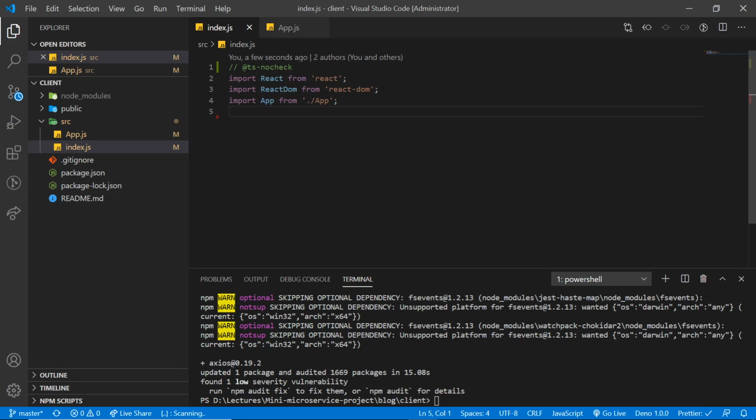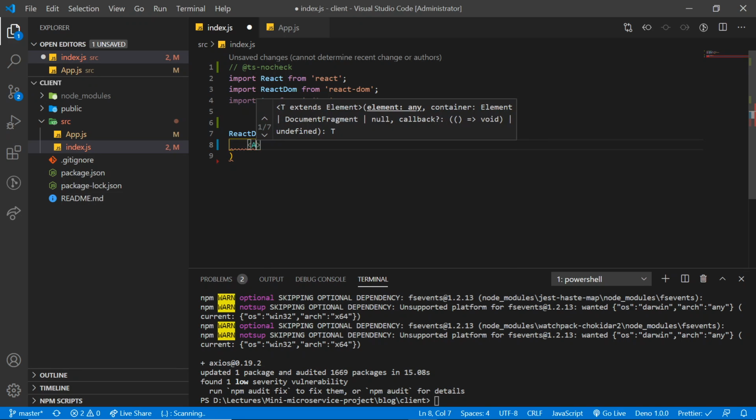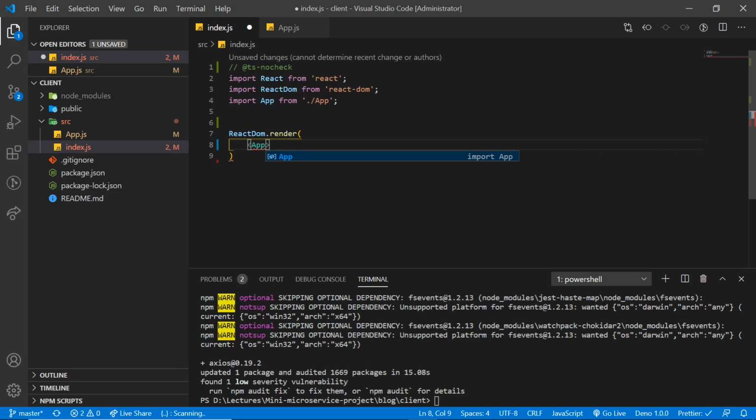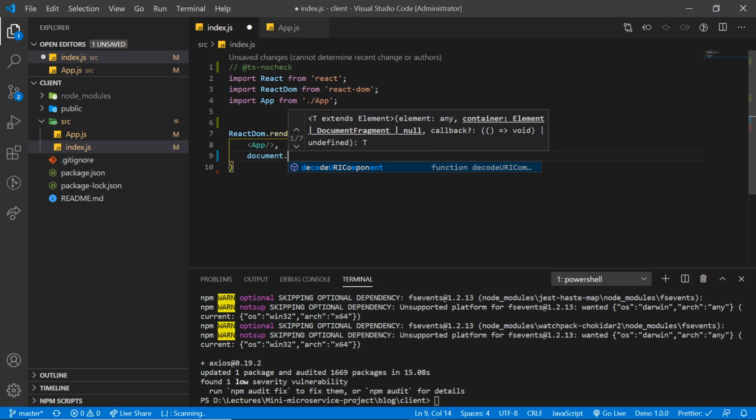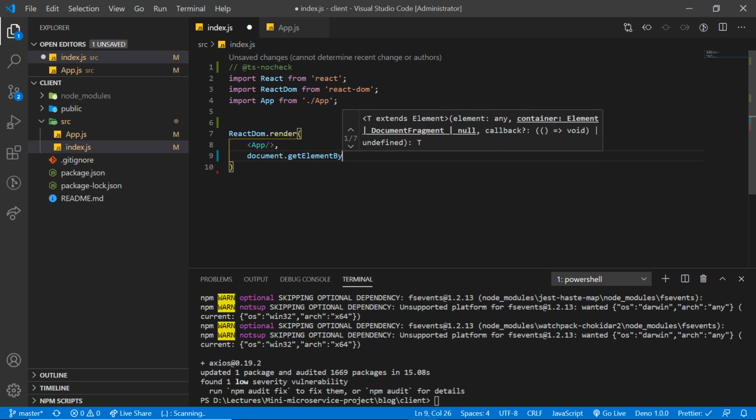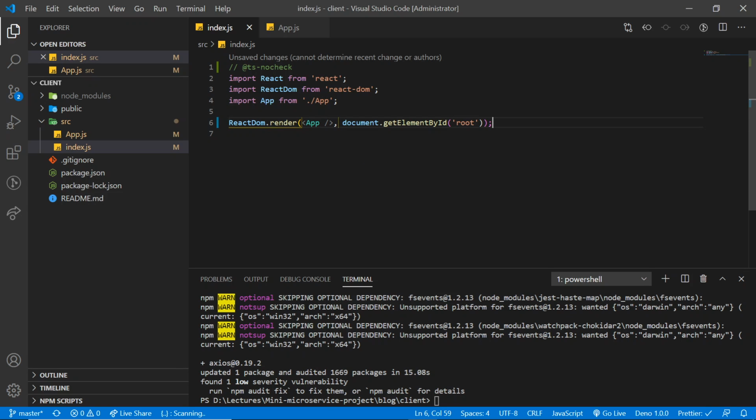Save this. And then finally, we will do ReactDOM.render. Here we are going to pass our newly created component. According to this code, we are going to show the code of the App component inside an element having ID root.